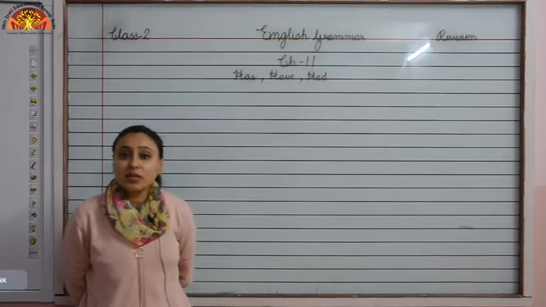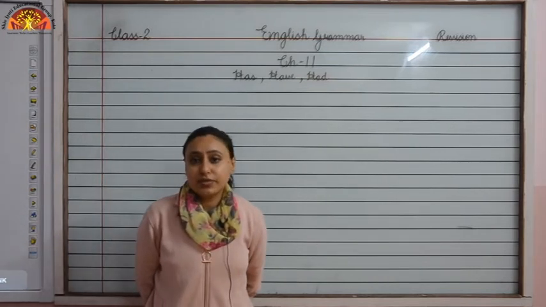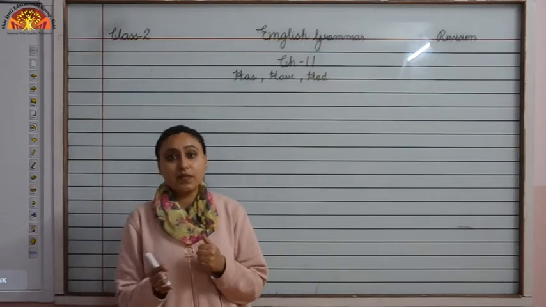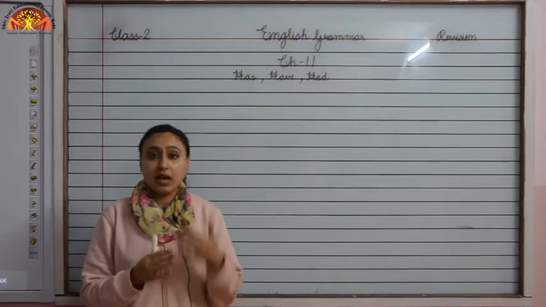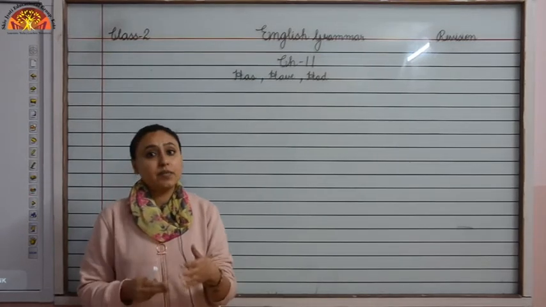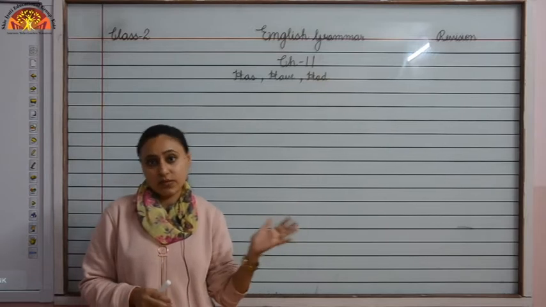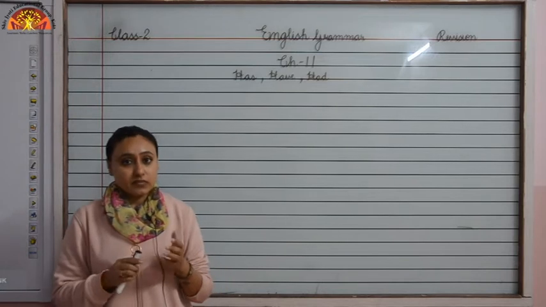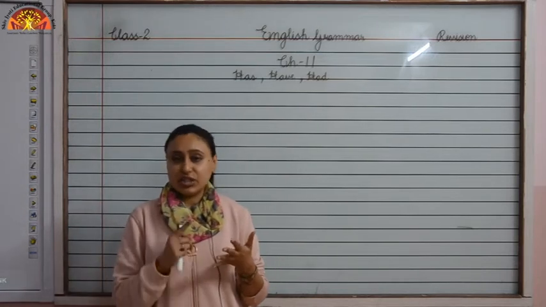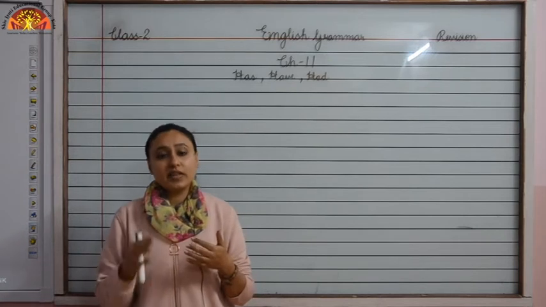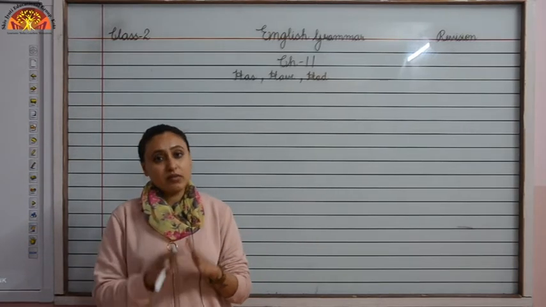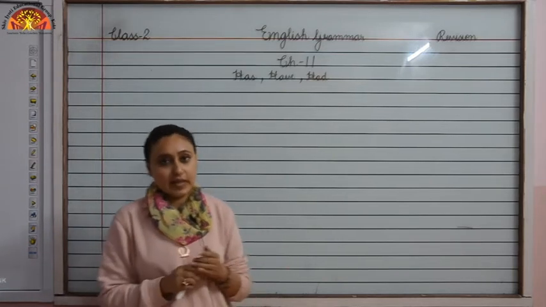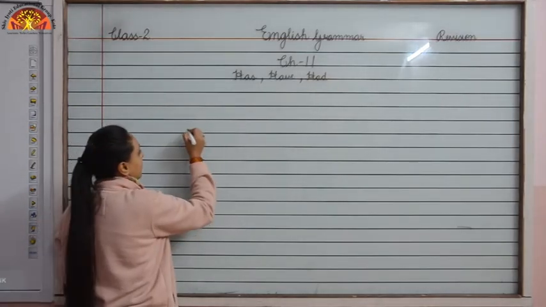Okay, children, now we will learn about had. So children, we use had to show something belonged to someone. Okay, we use had for past tense to show belongingness that happened in past times. Okay, things which have already happened. Okay, now children, we use had with he, she, it and you, we, they and all singular nouns and plural nouns, that means all nouns and all pronouns. Okay, now children, let us see example of had.